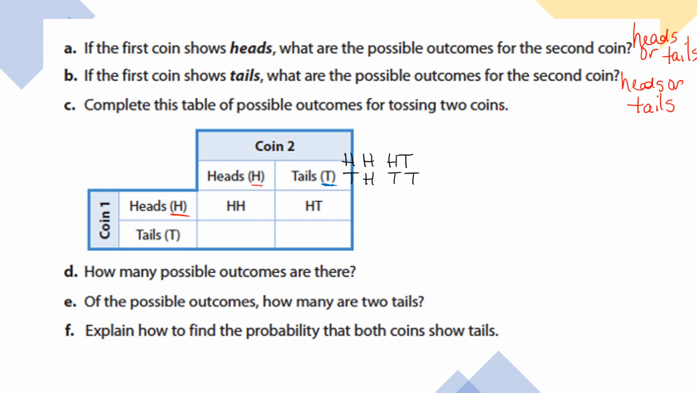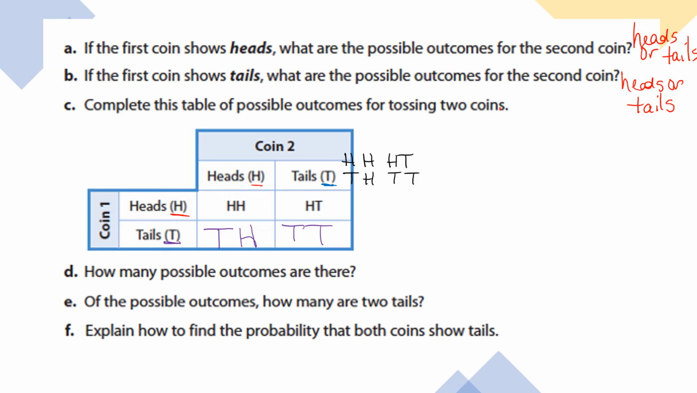So then when we complete for the second coin's possible outcomes, if our first coin lands on tails, then our second coin could also land on heads. So you could have a tails and a heads. Or if we landed on tails with the first coin, the second coin could also land on tails. So now you've completed your chart of possible outcomes, and the question for D is, how many possible outcomes are